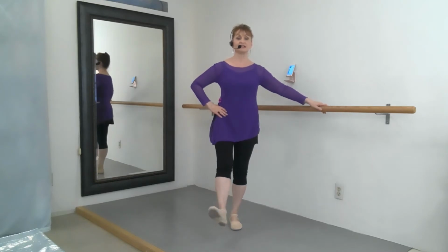Good, really lengthened and tall. Front, flex, turn out, in, plie, stretch, point. Now the other leg. Lengthen, flex, out, in, plie, stretch, point to the side, and side, flex, turn it out, in,